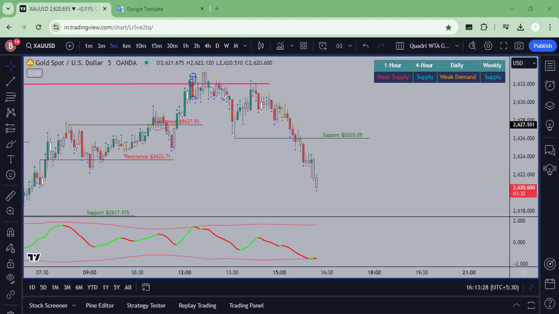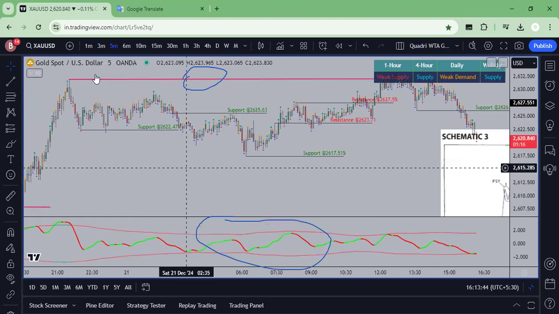This is the first trade setup, based on the 188 version, which is very clear. Now, I'm not talking about